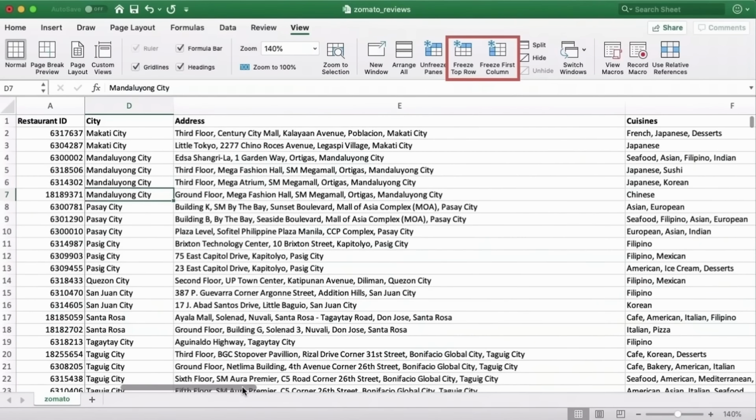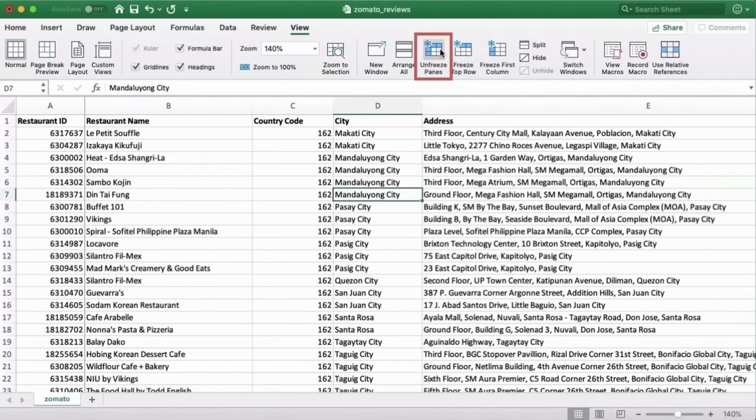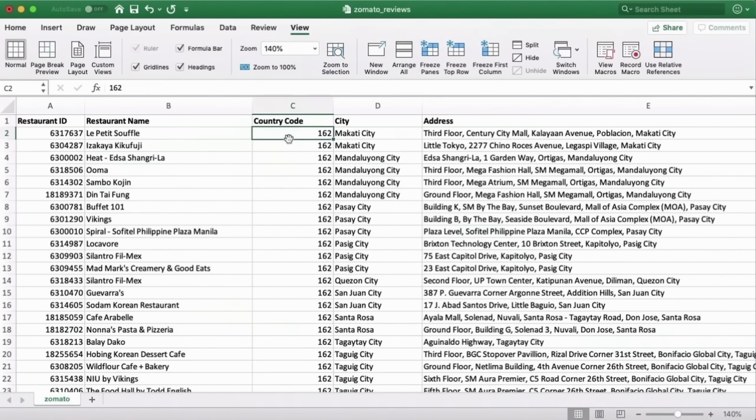We've now tried out the freeze top row and the freeze first column options. Let's try the third and somewhat most confusing of the three, which is the freeze panes option. Let's first unfreeze our current configuration, that is unfreeze the first column. Then let's position our cursor so that we are in cell location C2, and there let's click on the freeze